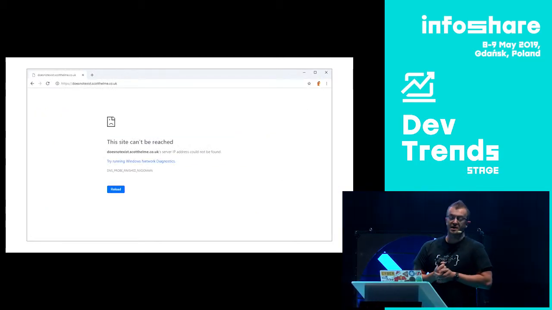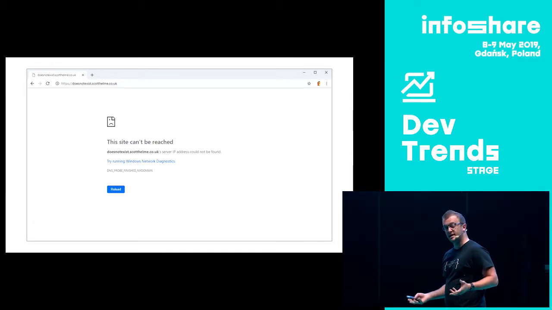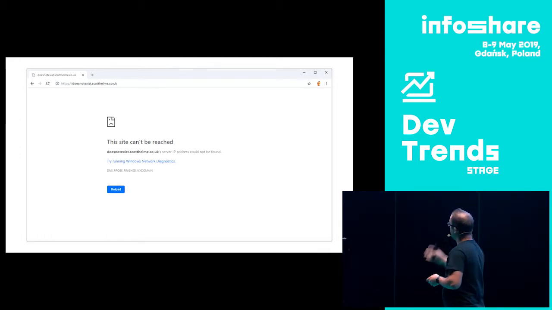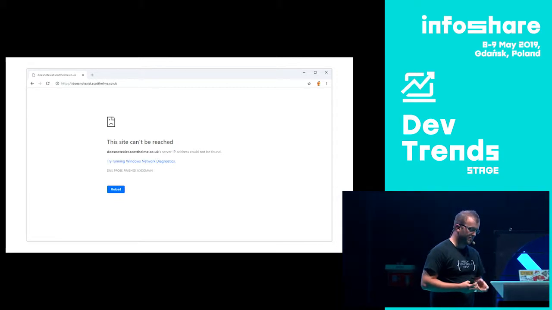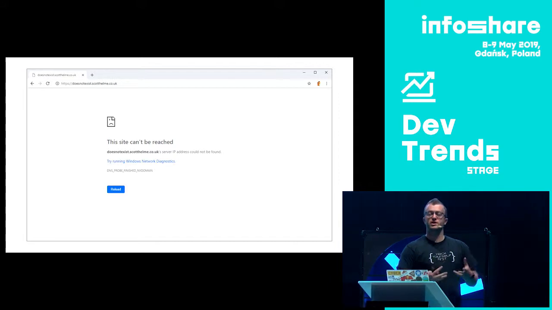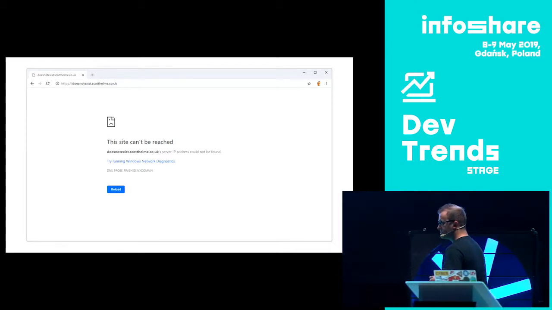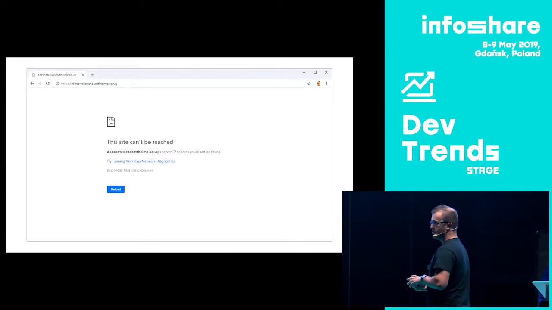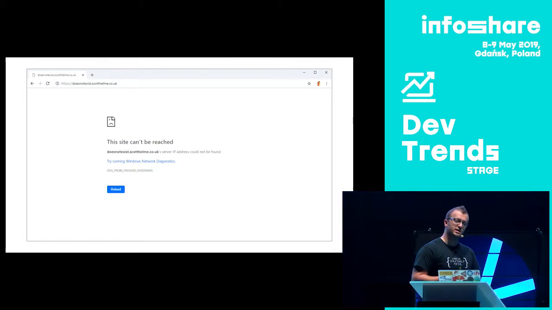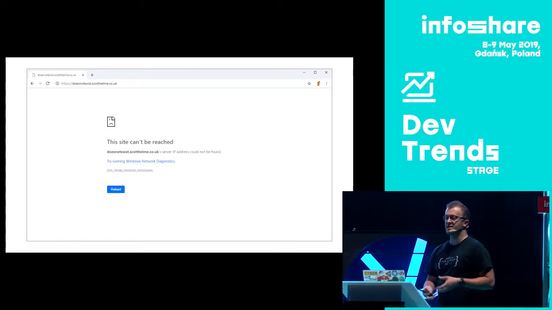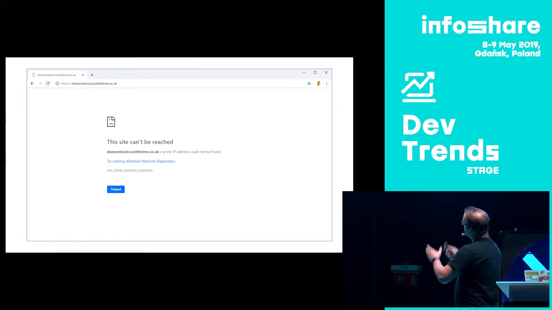Perhaps this happens. Now, this particular error here in Chrome, I've done a lookup for a subdomain on my site that doesn't exist intentionally, and the browser throws an error and says, I could not resolve the domain. Of course it couldn't resolve it, because it doesn't exist. But the point is, a user, for some reason, has tried to come to this part of my website, and something has gone wrong. They're now seeing an error message. How do I know about this? How do I know that this has happened? And there's countless other scenarios like this where the user can see an error message when trying to access some part of your application, and there's no way for you to currently know about that, because here the DNS did